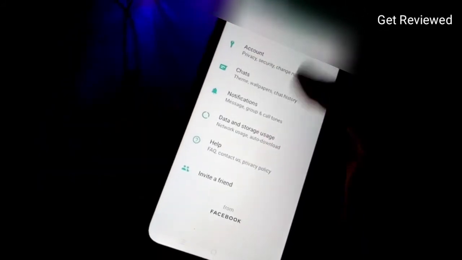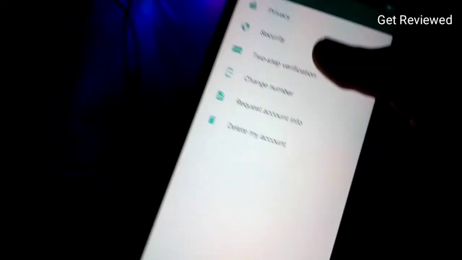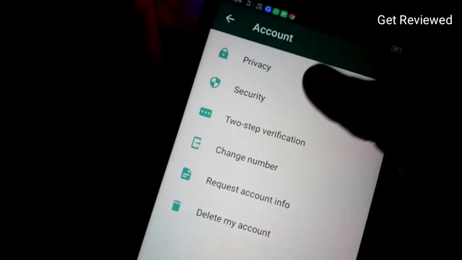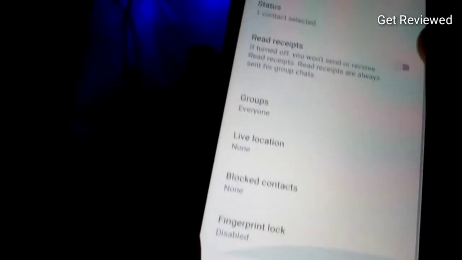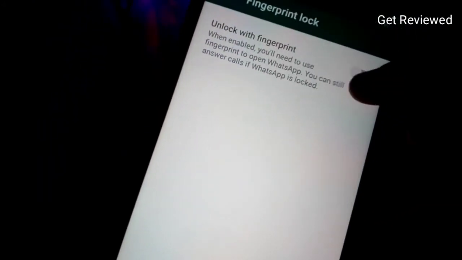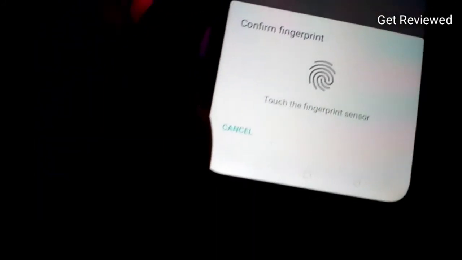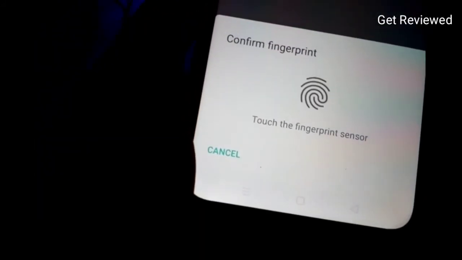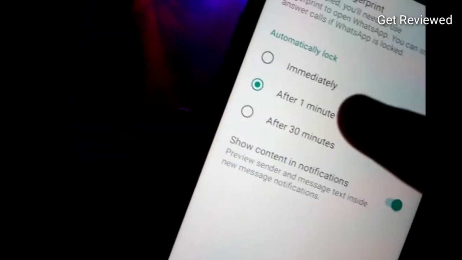You just have to go to your account, then go to the privacy option, and as you can see over here, you can get fingerprint lock. As you enable it, it shows touch the fingerprint sensor. And it has some options over here.